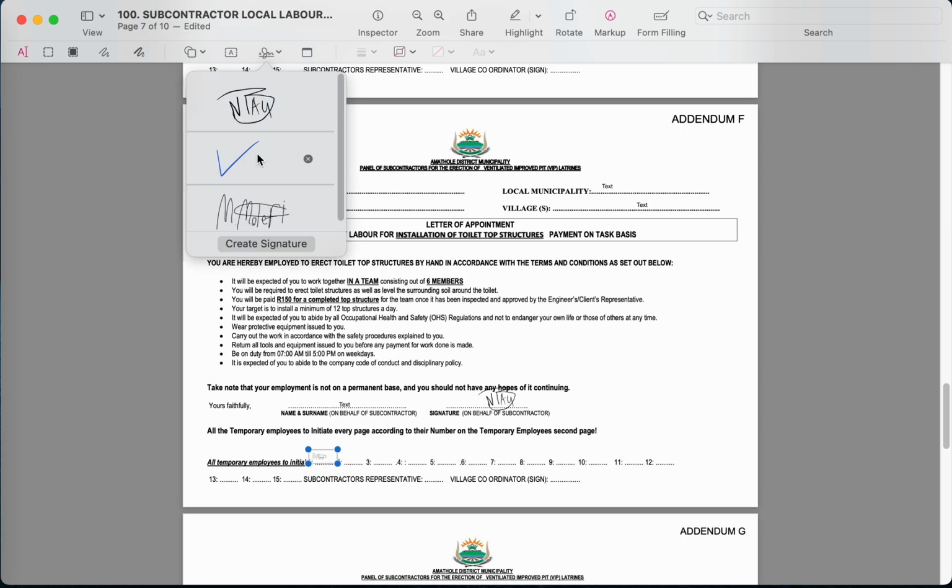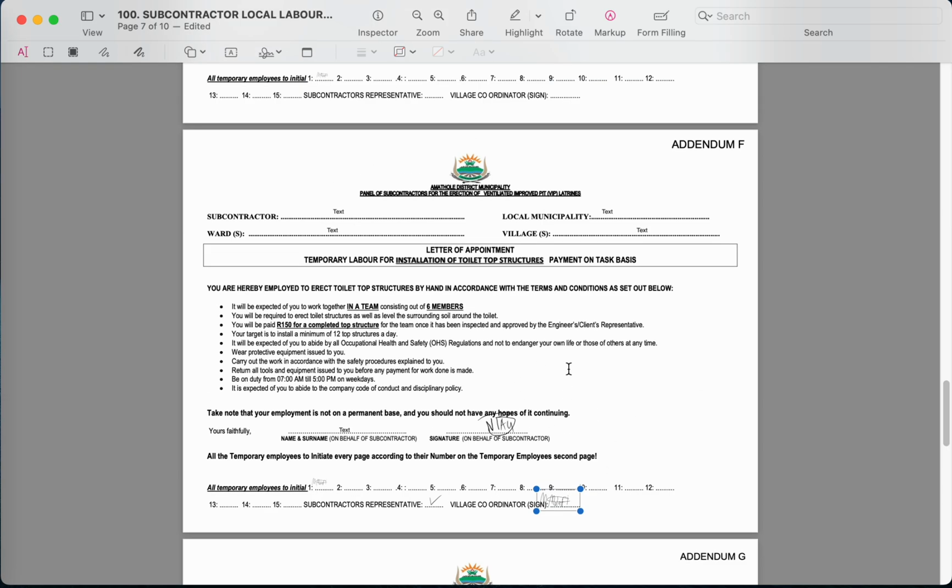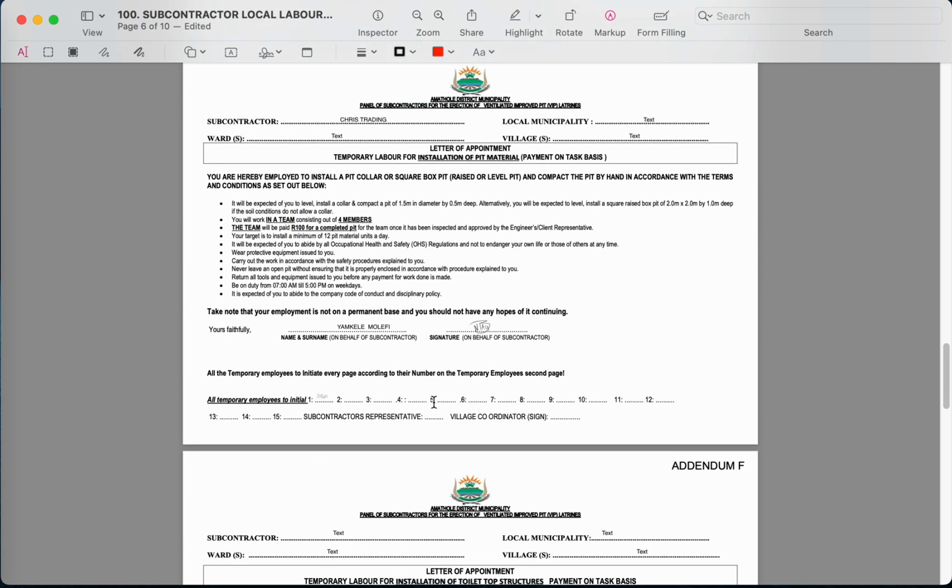We said Donovan is our contractor representative, right? And then the village coordinator is Mr. Nabu Tembekile. He also needs to sign this. Don't forget. Now there's something that I want you to realize. While you are doing this part, it's so easy to forget this part. Subcontractor representative, village coordinator. So while you are filling this part, you need to keep on ensuring that indeed you don't forget any part. Donovan needs to sign every document, and the village coordinator also needs to initial or sign every